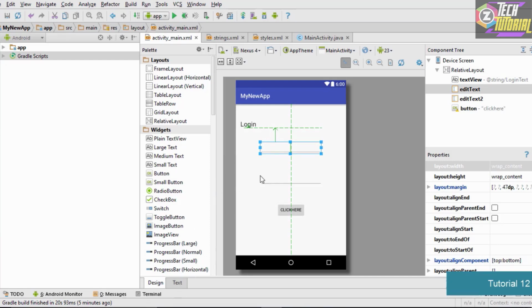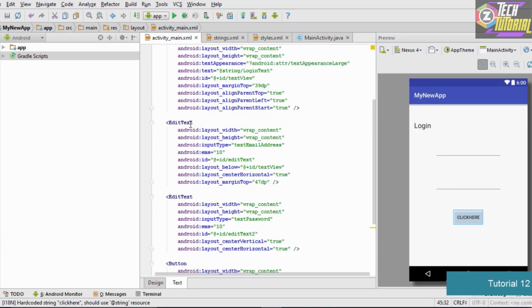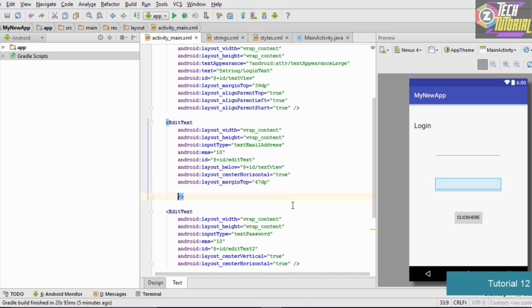So let's attempt to change the size of these two text areas by using the XML file. When we go in our XML file, you'll notice that we have two text areas. This edit text is basically for the email. When you click on it, it is going to highlight your text area. Now in order to increase the size of this text area, we are going to type some simple code. As you could see, the width of your text area is not yet mentioned here. So we go into this edit text tag and we simply type in